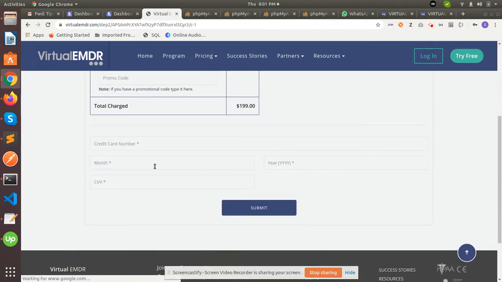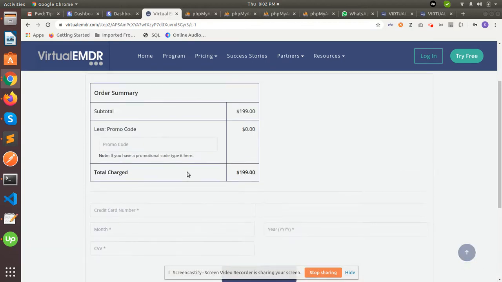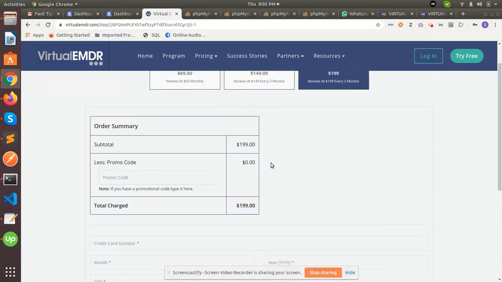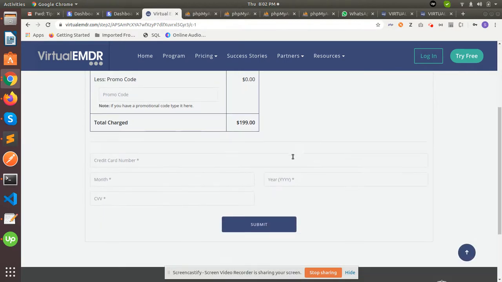Now if you click the submit button, you cannot enter the completed page because I added a check.